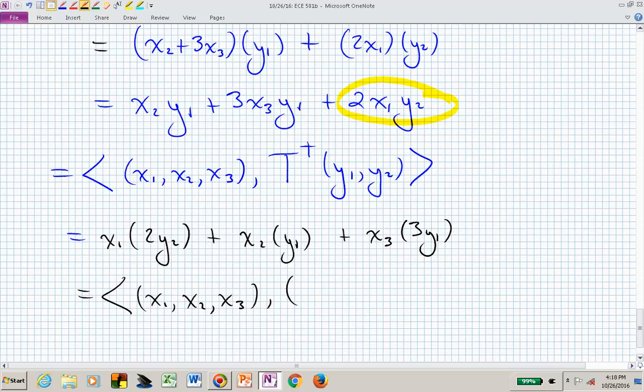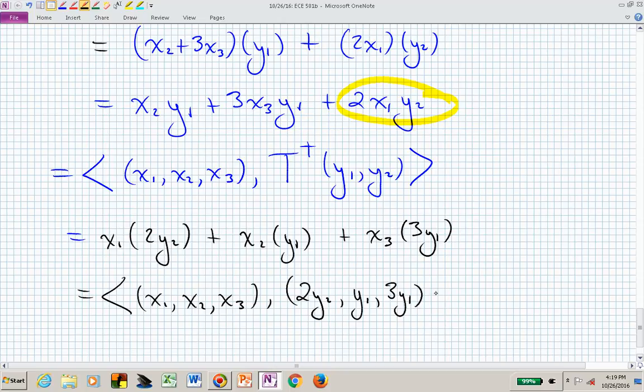And so what goes in the first coordinate of the second slot vector? 2y sub 2. What goes in the second coordinate? And the third coordinate in the second slot's vector